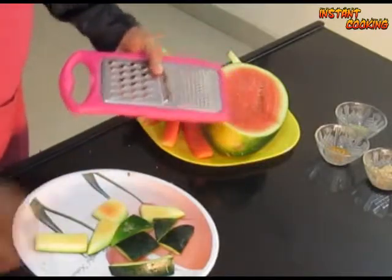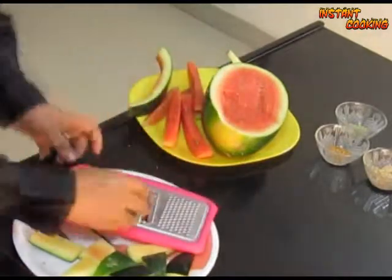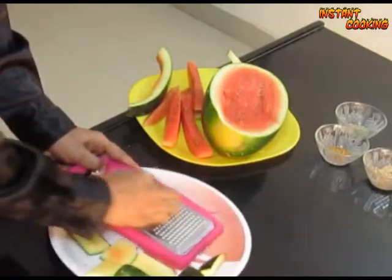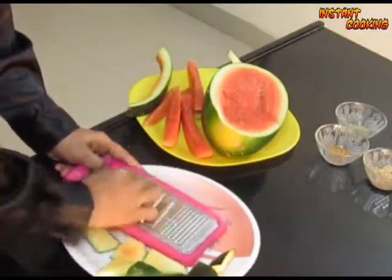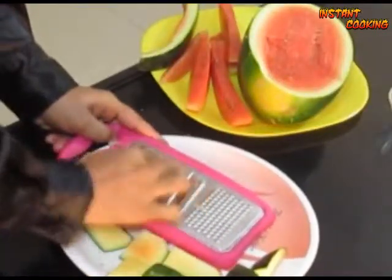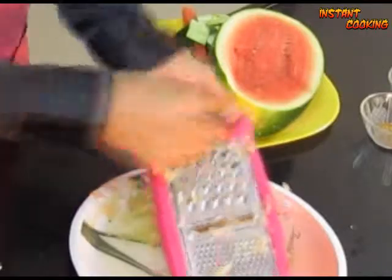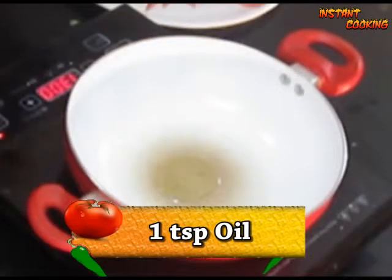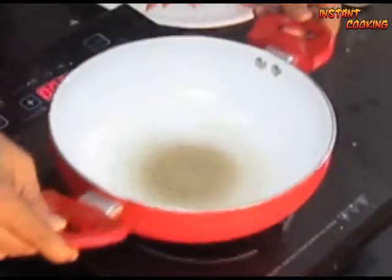We will grate only the white portion of watermelon and remove the skin of watermelon. So our grated watermelon pulp is ready. Now take a pan, add 1 teaspoon of oil, spread oil all over the pan,